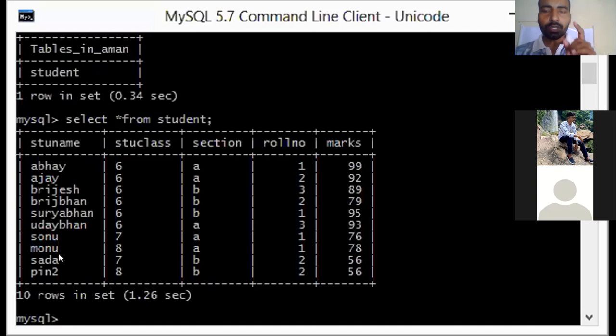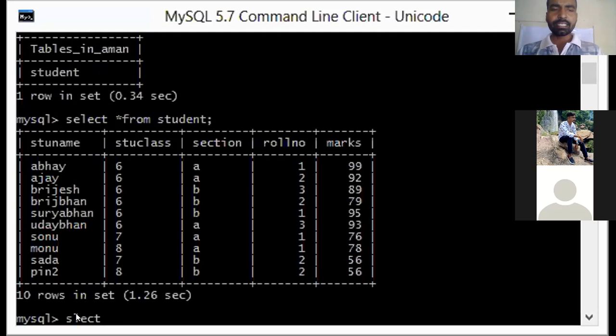Here you are told that MySQL will not produce any error in this case, but it will display the first record from the group. It will take the first row from the group. Grouping you have to do on the columns which have matching values, similar values, like STU class, section, or roll number. But displaying the record, you can display from different columns, and it will pick up the first row from the groups. So let us display this.